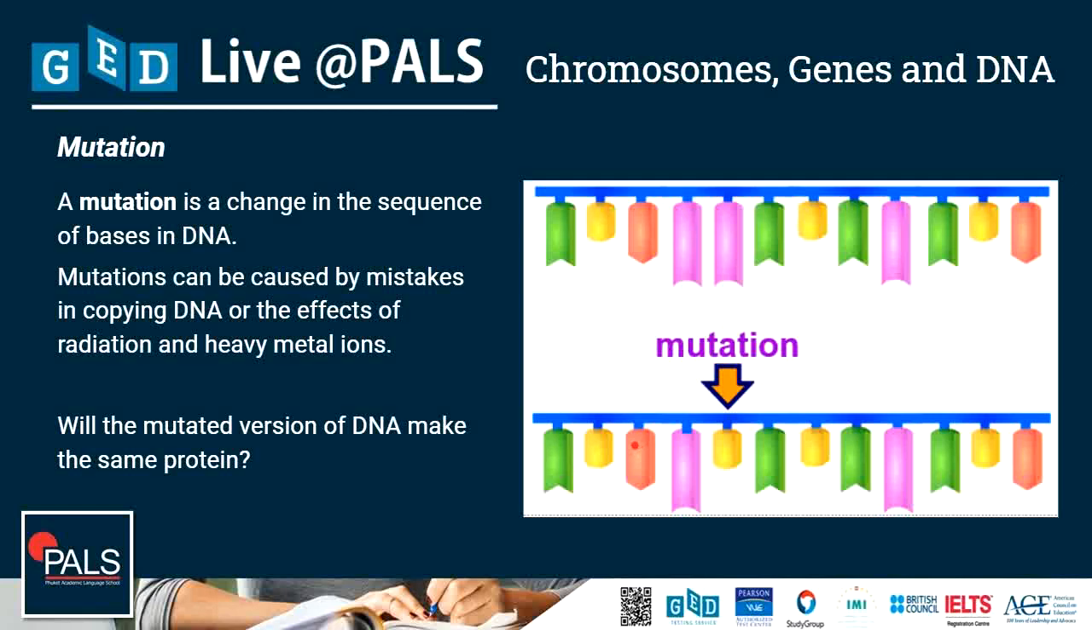Will the mutated version of DNA make the same protein? No, it will not, because this triplet has changed here compared to that. So in this case, one amino acid will change. Most of the times these mutations will likely have a devastating effect for the protein that it just won't function anymore. Very rarely, a mutation can lead to a protein that has a new function, and eventually that's a beneficial